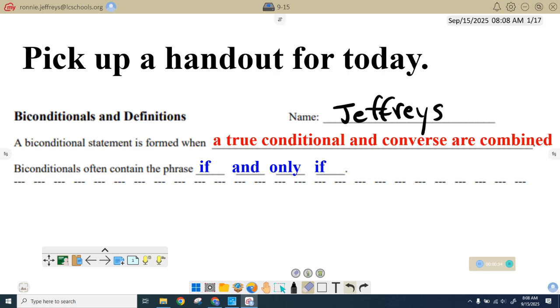So, a biconditional statement is formed when a true conditional and its converse are combined. Okay? Now, some of y'all are like, why are we still doing these weird